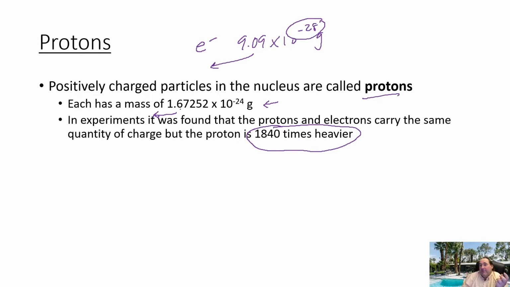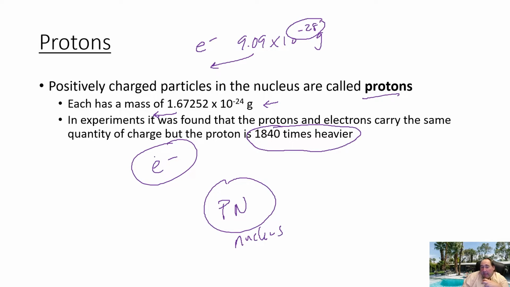So this is really important as well because, again, it basically shows Rutherford's idea that most of the mass of the atom is actually the nucleus, because once again, in the nucleus, we have our protons and our neutrons. We have our electrons on the outside. So every proton in here is about 1,840 times heavier than an electron. That also nicely backs up the idea that it's really not the electrons that hold most of the mass of the atom, like the plum pudding model was suggesting, but actually the nucleus.